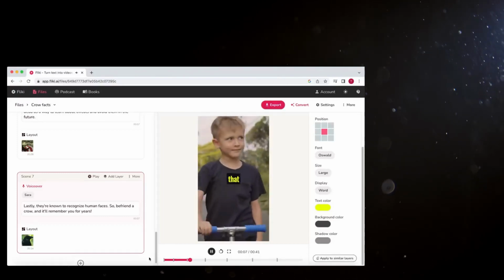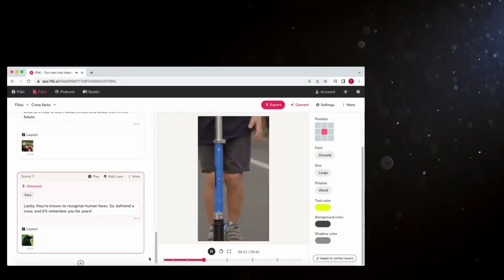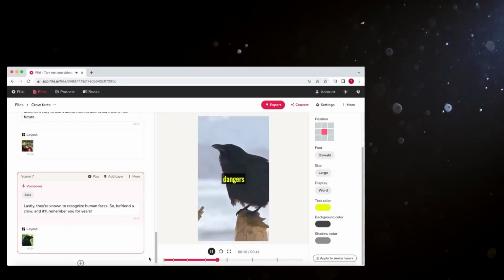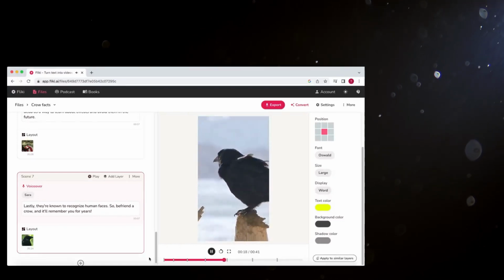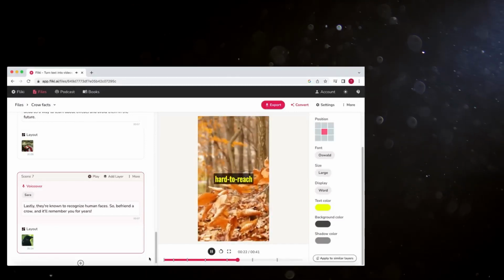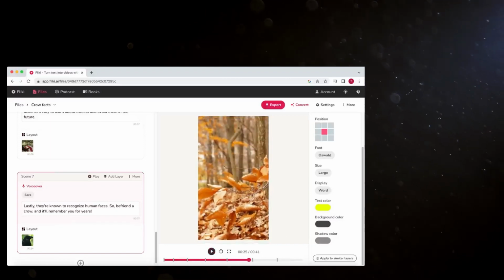With brains rivaling that of a 7-year-old human, these birds are truly remarkable. Crows have a complex language, with unique calls to alert their flock about incoming dangers or food sources. Incredibly, they use tools like twigs or wires to fetch food from hard-to-reach places, showcasing their problem-solving skills. Alright, you get the point. In my opinion, this is already extremely impressive.